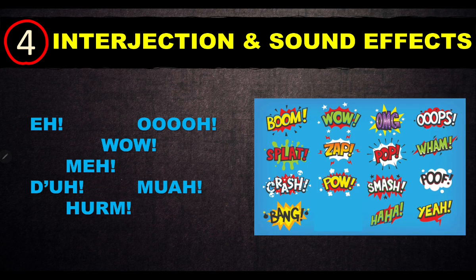Alright, tip number 4 is to use interjections and sound effects. Okay, interjection is, saya tak tahu nak translate macam mana, but these are some examples of interjections. Like, ooh, wow, meh, dah, muah. Alright, so these are some interjections boleh guna, especially in dialogues. Right? So it becomes interesting and we get to see the feeling of the character. For example, kalau dia guna meh, apa maksud dia? Apa perasaan dia bila kita guna meh? It shows lack of interest.